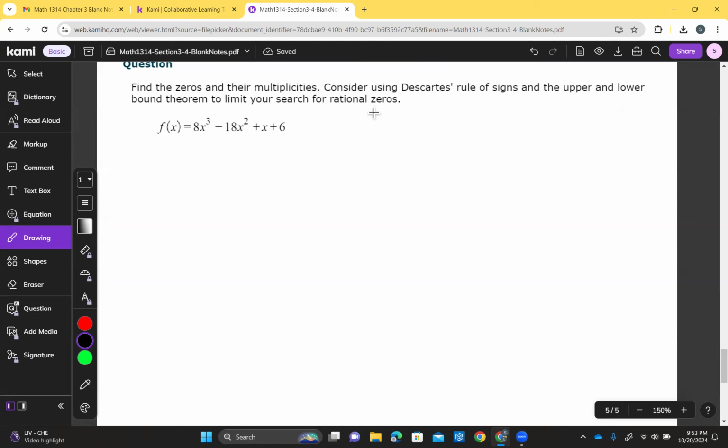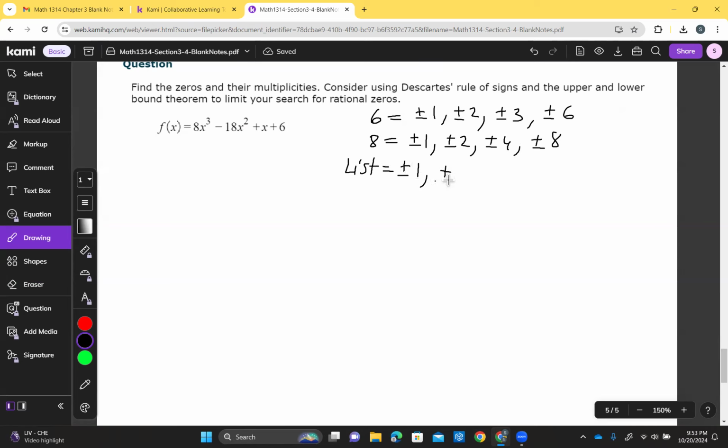So the last number is 6. Its factors are plus and minus 1, plus and minus 2, plus and minus 3, and plus and minus 6. The leading coefficient is 8, so the factors are plus and minus 1, plus and minus 2, plus and minus 4, and plus and minus 8. So when I want to find the list of the possible zeros, 1 divided by 1 is 1, 1 divided by 2 is 1/2, 1 over 4, 1 over 8,